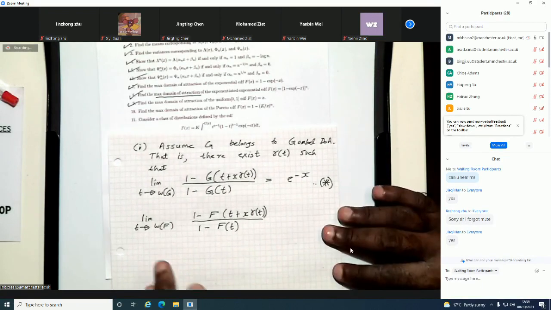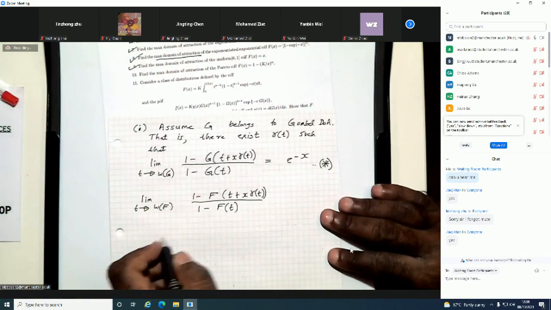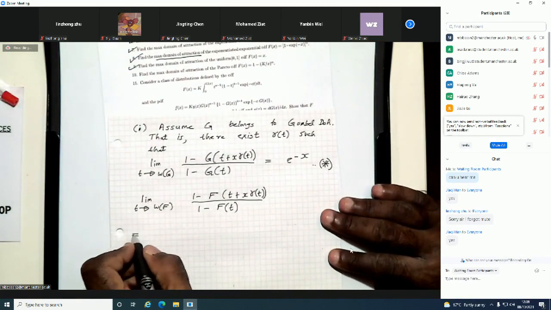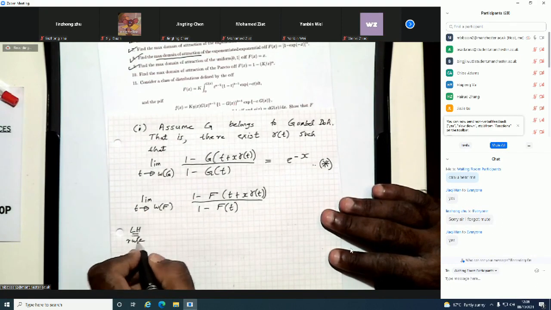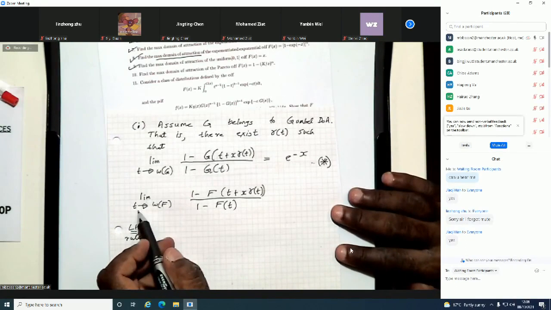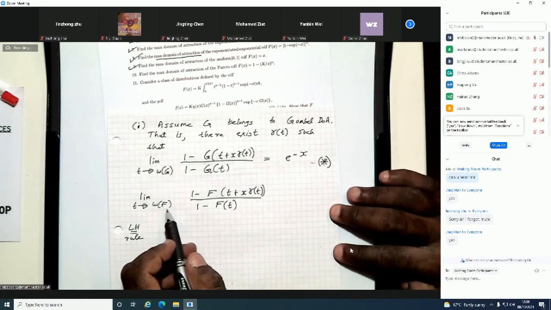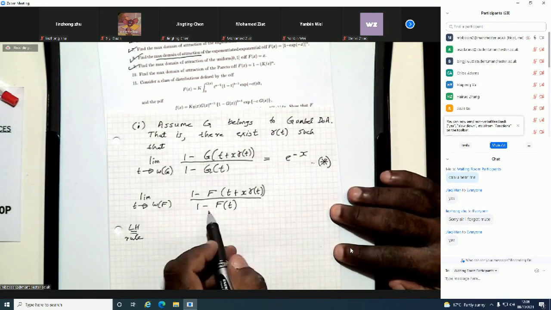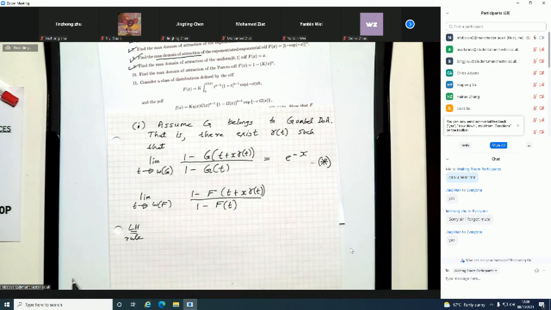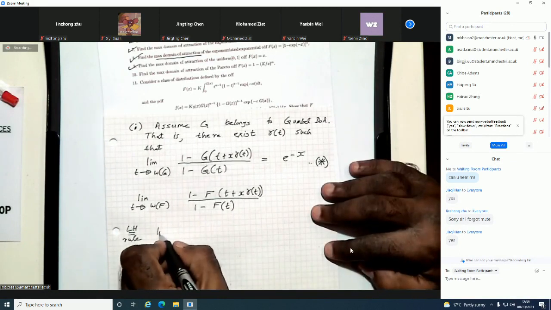So to do this, the first thing I'm going to do is use L'Hopital's rule, right? Because as you know, since t approaches the upper end point of f, both these approach 1 minus 1, which is 0 divided by 0. So hence you can use L'Hopital's rule, right? So this becomes